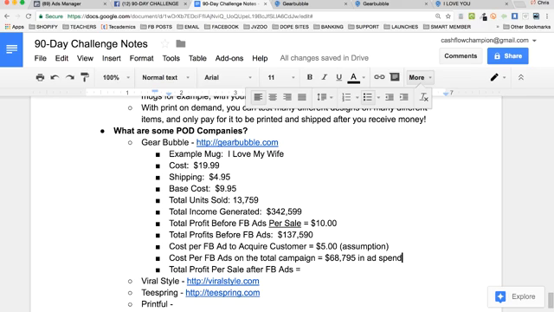Total profits per sale after Facebook ads. So you look at this. What is your total profit after? If you generated $342,000 from this product, but Gear Bubble takes their cut, you've got a cost per mug, a cost for shipping, stuff like that. So really you made $137,000. But then Facebook is going to take their cut. Let's say $5 per item sold. So Facebook's going to take $68,000 of that. So your actual pure profit in your pocket is